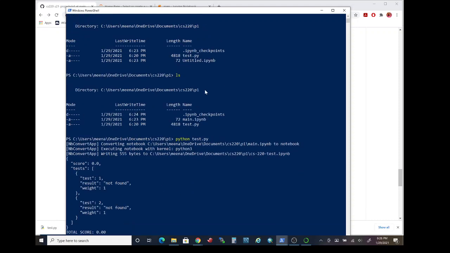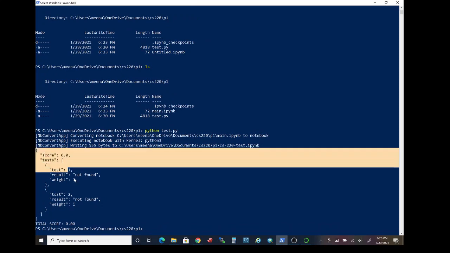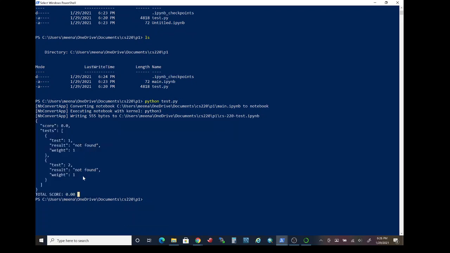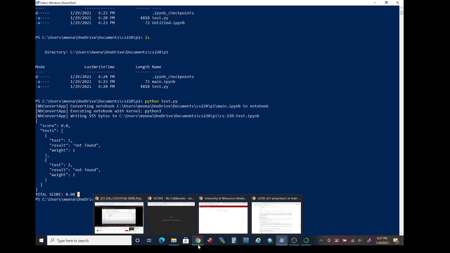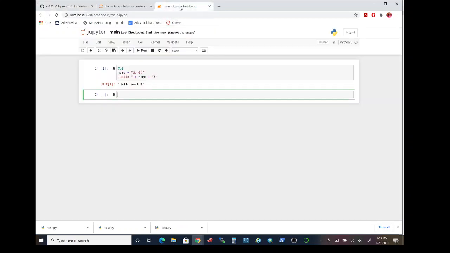It will take a couple of seconds here. So notice that we are getting some test result output here. It is saying that the total score is 0 and that it was not able to find either question 1 or question 2. What happened? Did we just paste the code for question 1? We did, but then we did not save the file.